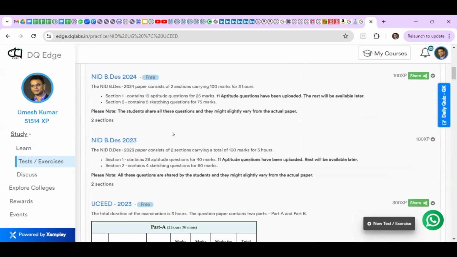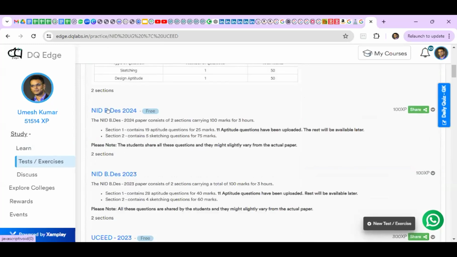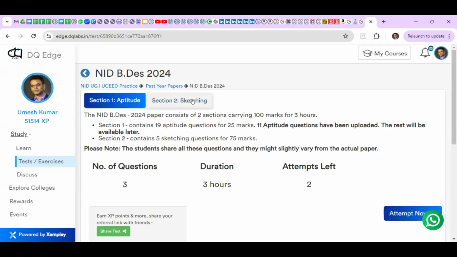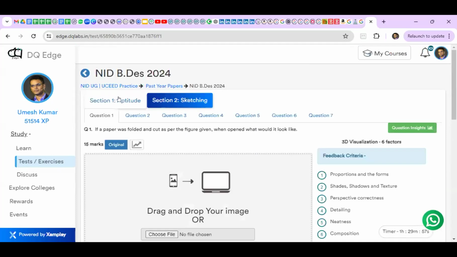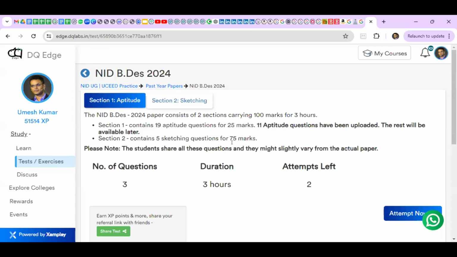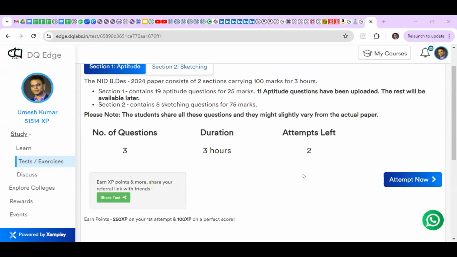Okay. So let us take the NID BDES 2024. I hope everything is updated here. Yes, I think all the questions are there. So now what we do is we digitize all these questions. All the theory part, you would have to answer it on the page, on the website. And when you're answering it, we also capture certain information relevant to the question about your approach of answering the question, because it helps in two ways.